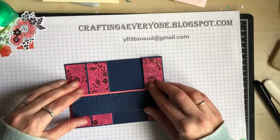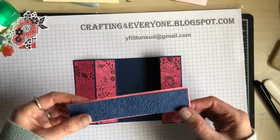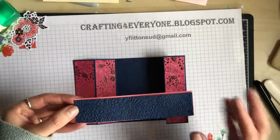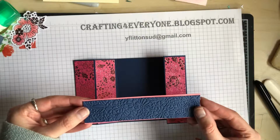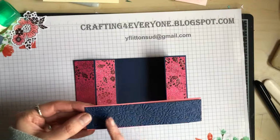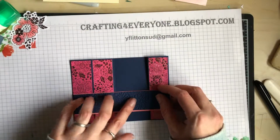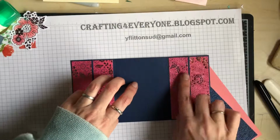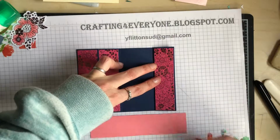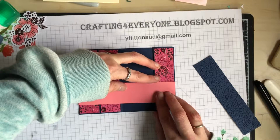You'll be able to find the embossing folders in the catalogue, but as I say, you don't have to do the embossing folder bit at the front, but I really like it, so I've actually done it. So I'm just layering the Flirty Flamingo underneath the Night of Navy, and then what you need to do is position that. You need to fold this part here so it's flat, and then you need to stick your first part